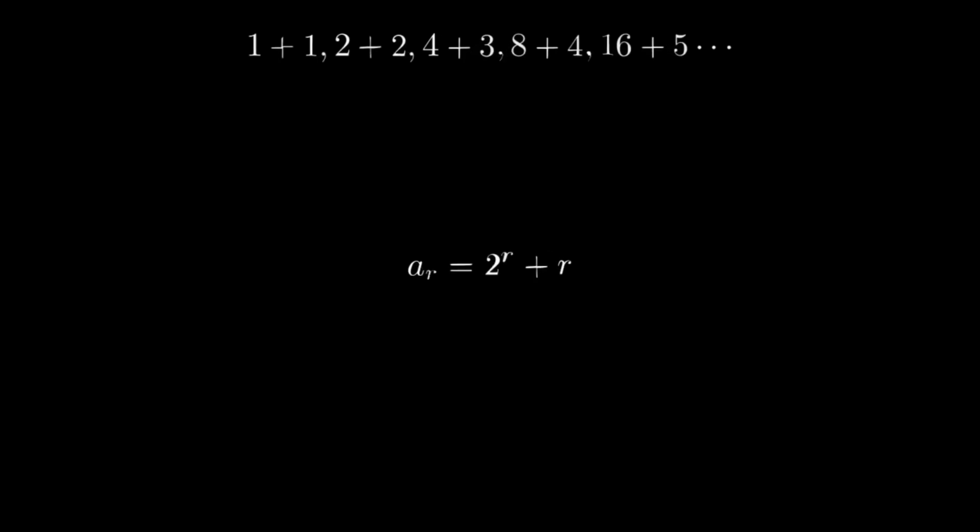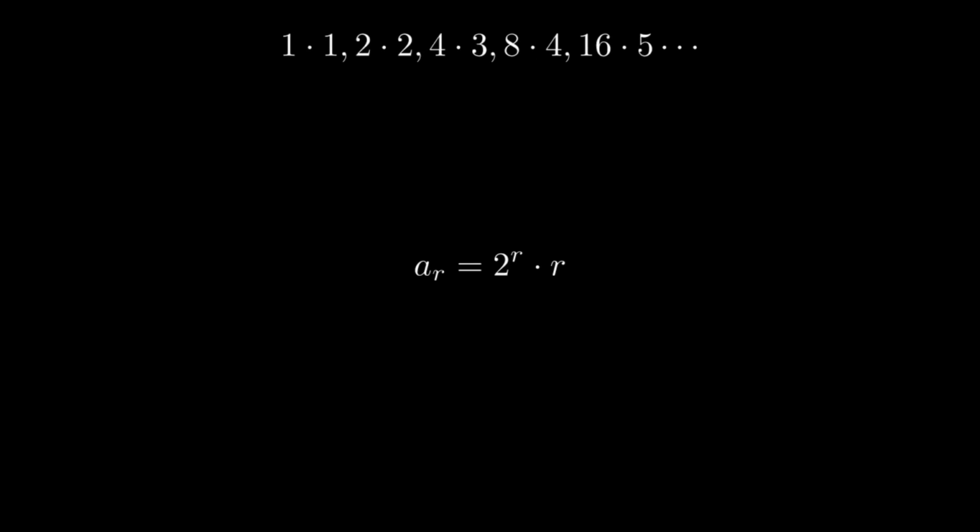Consider for a moment a sequence of numbers which follow some pattern, like the powers of 2. We can condense such a sequence into a rule, say a sub r equals 2 to the power of r, and unless you really know your powers of 2, you can't recover information about where you are in a sequence just by looking at the terms, which could be useful. We can't just add the position of the sequence onto 2 to the power of r, nor multiply the two together, since that information would be absorbed into the number.